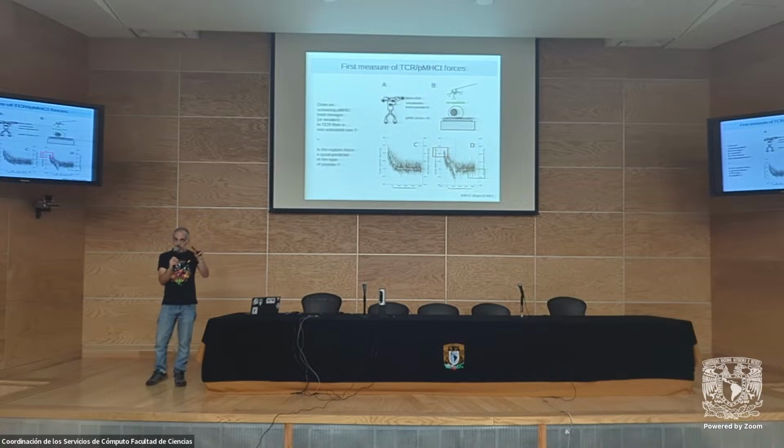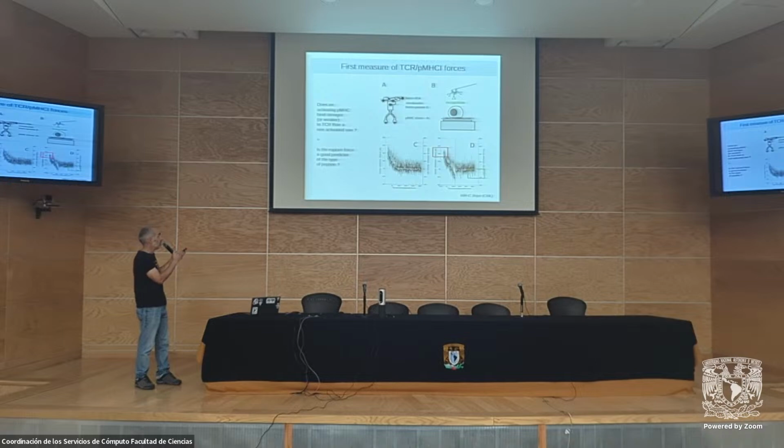Is there a way to distinguish between a good peptide, where you don't have to act, and a bad one, where you have to do something against the APC? Is the force a good predictor of the type of peptide? So to do so, very naively, we went on putting peptide MHC onto the cantilever, and used non-activated, very gently adhered